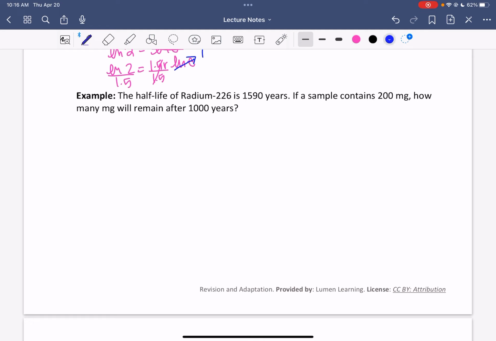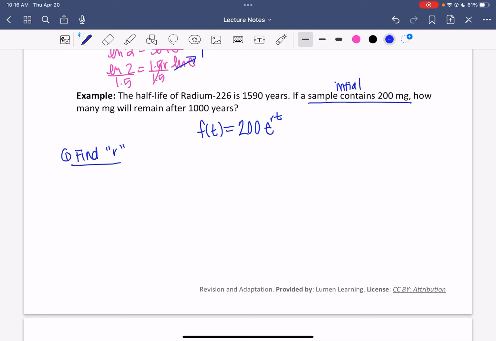With this situation, we know that the value of the sample is 200 milligrams. It says if a sample contains 200 milligrams, so this is our initial value. So I would say f of t is equal to 200. Again, we're going to be using that a e to the rt. Then I'm going to try and figure out, like we did before, our r value. So we need to look back through the problem and find the information that's going to help us with a